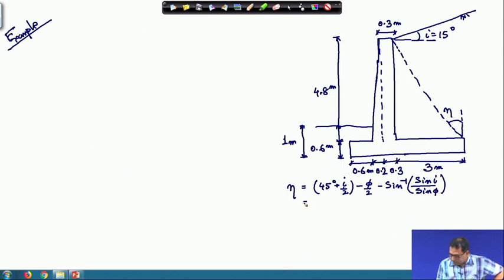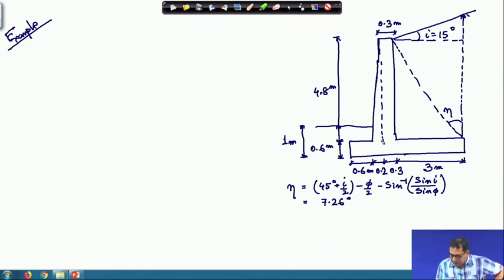Okay. So, this value was coming out to be 7.26 degrees. And so, if I want to determine the limit of eta, because as I mentioned,